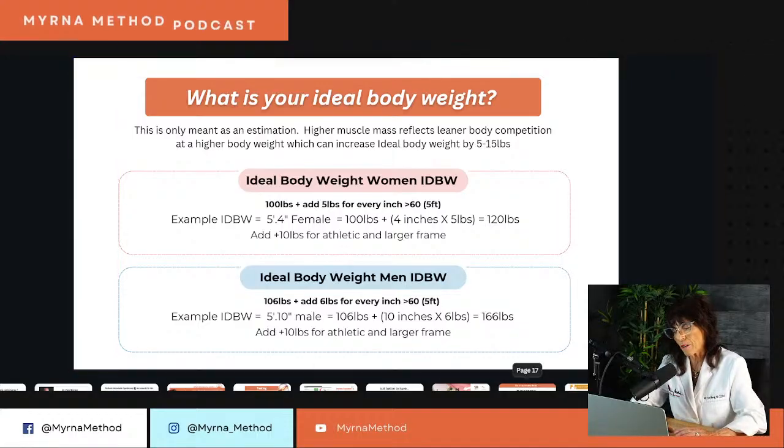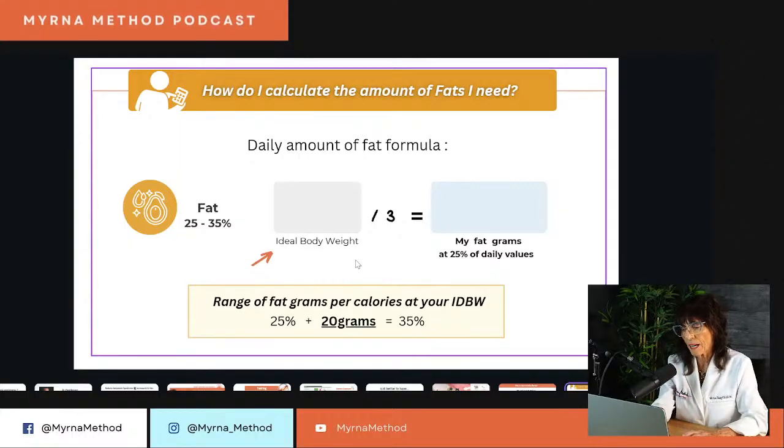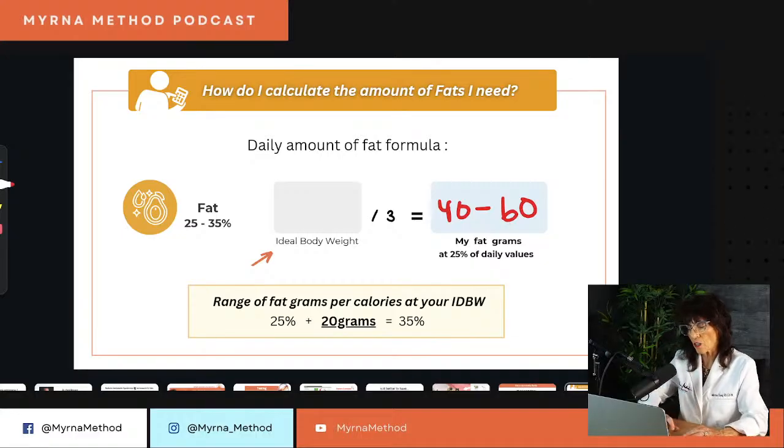That's going to give you 25%. And then you add 20 grams, and that's your range on average. So for the woman that was 5'4", she's going to have her fat grams range between 40 and 60. Okay? That's going to be a range, approximately. Okay? So that's just saying, look,